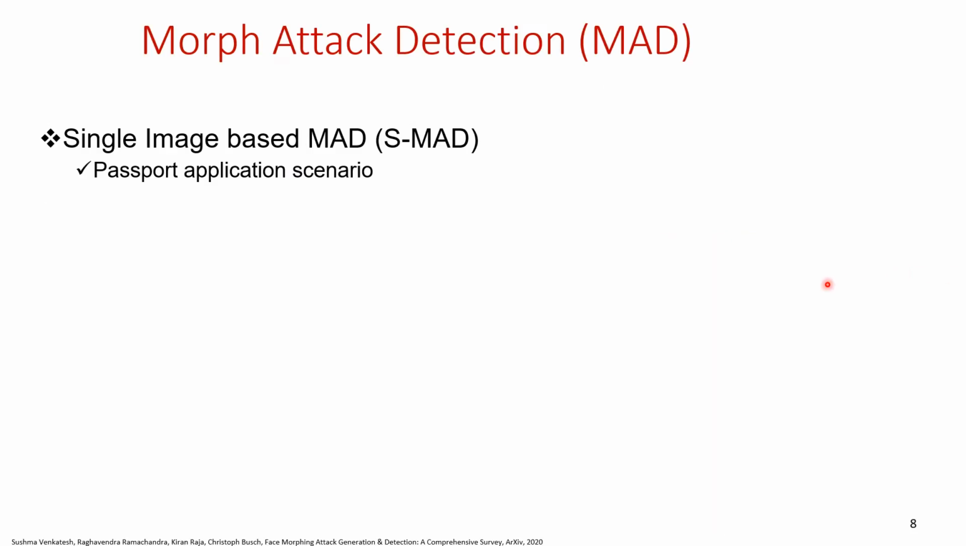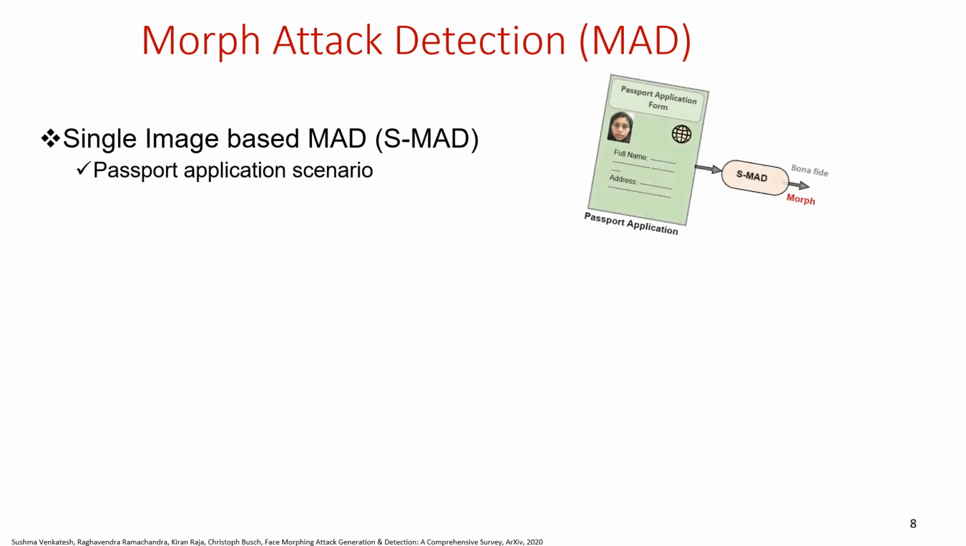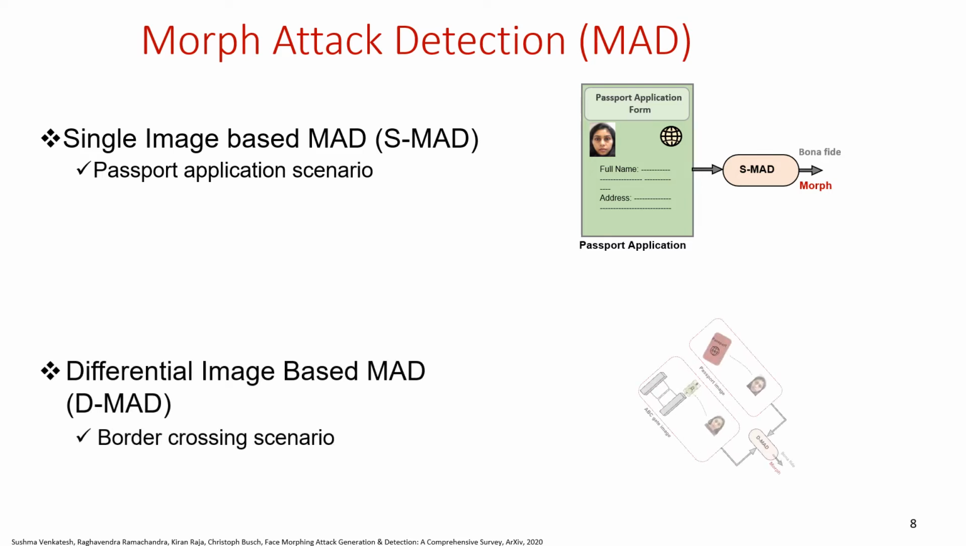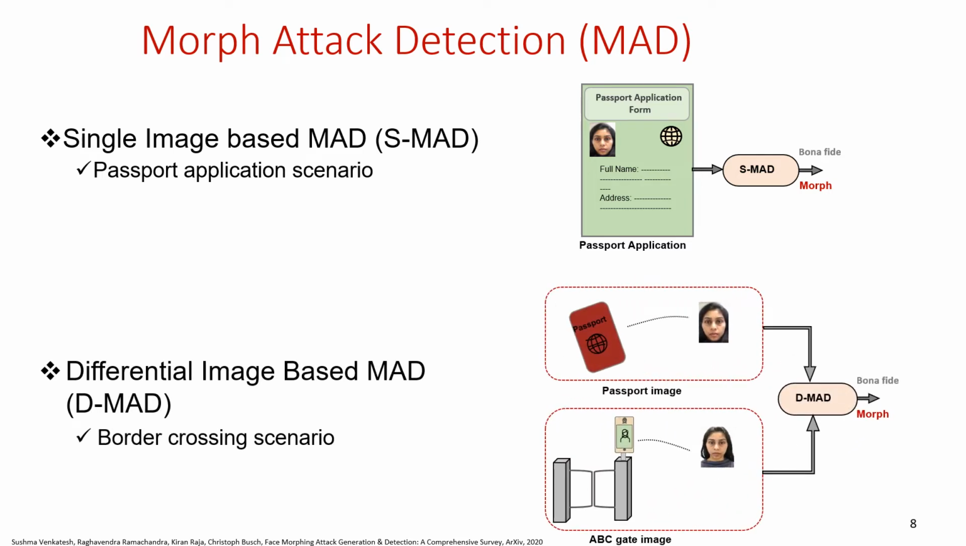So as a result, there exist several face morph attack detection algorithms in the literature that can be broadly classified into two types. The first type is the single image based morph attack detection, where the goal is to classify a given single image as a morph or a bona fide. These techniques are very useful in the passport application scenario,